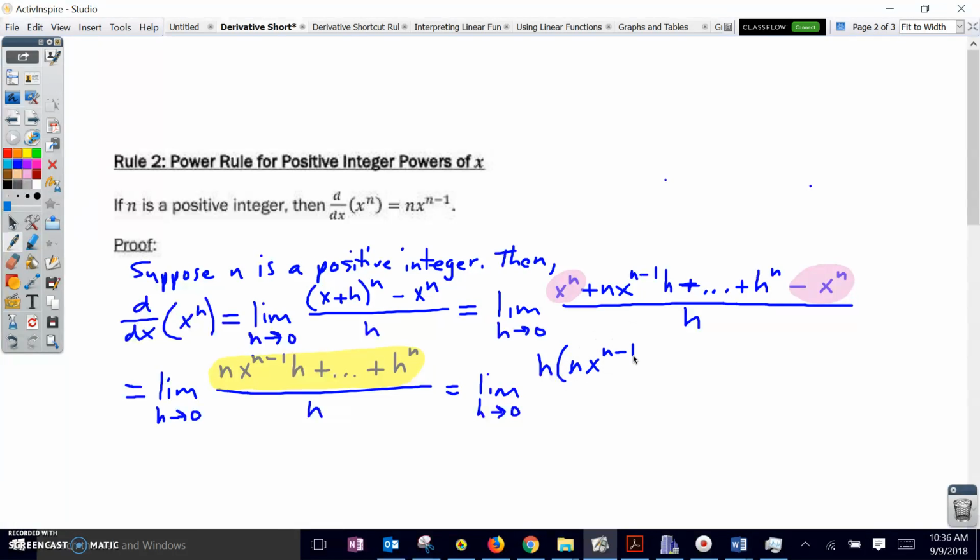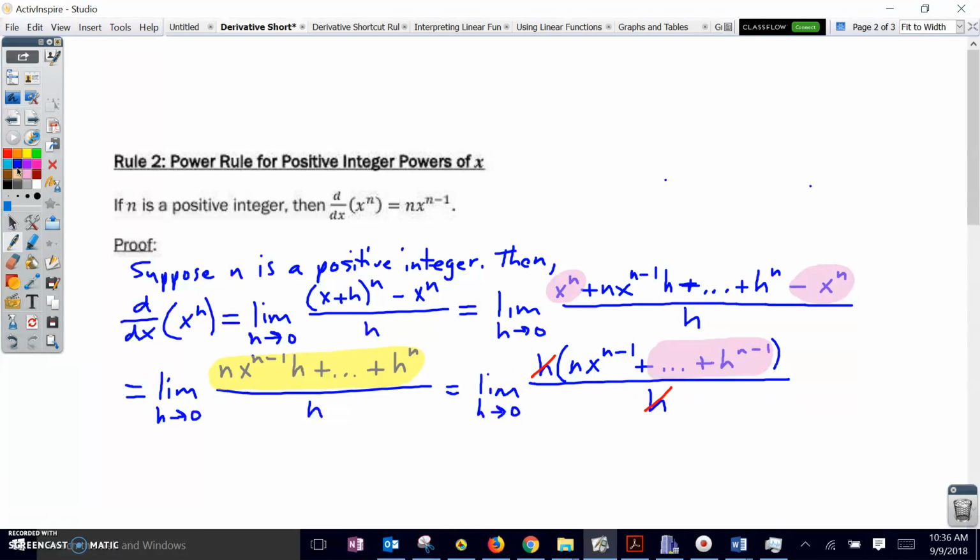h times n times x to the n minus 1 plus a bunch of other terms all the way down to h to the n minus 1, all over h. Now, all of the remaining terms that are inside my ellipsis here, as well as this last term, they all contain h's. So when I cancel these h's out,